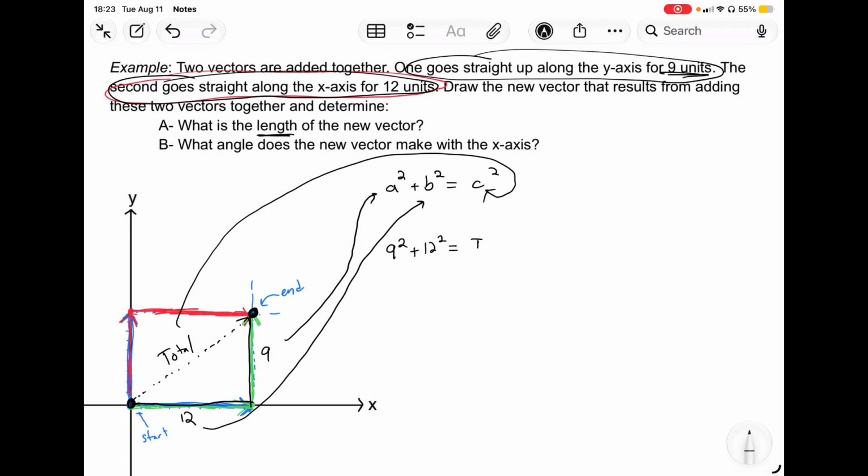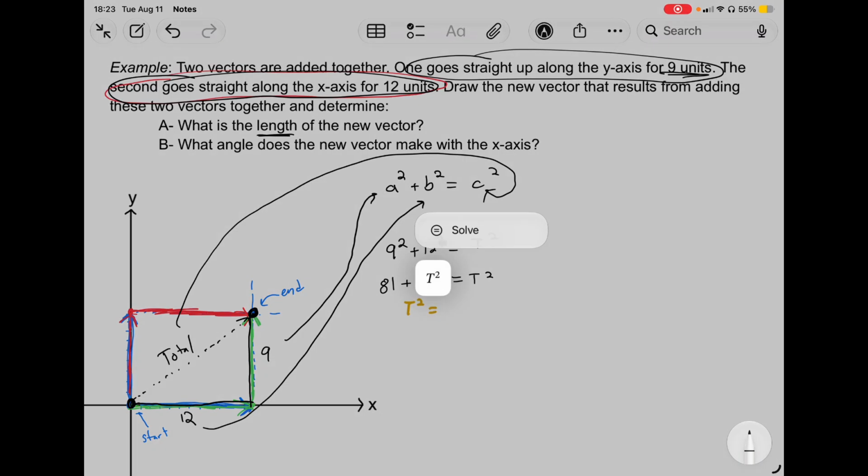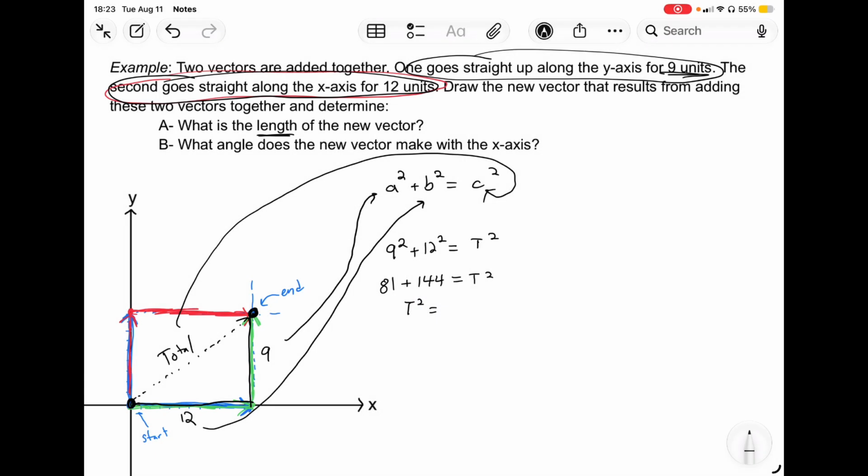Don't solve that. Our total squared. 9 squared is 81, plus 12 squared is 144. That's going to equal our total squared. I'm just going to swap these. All right, stop trying to solve things, Siri. T squared can equal whatever 81 plus 144 is. So that's going to be